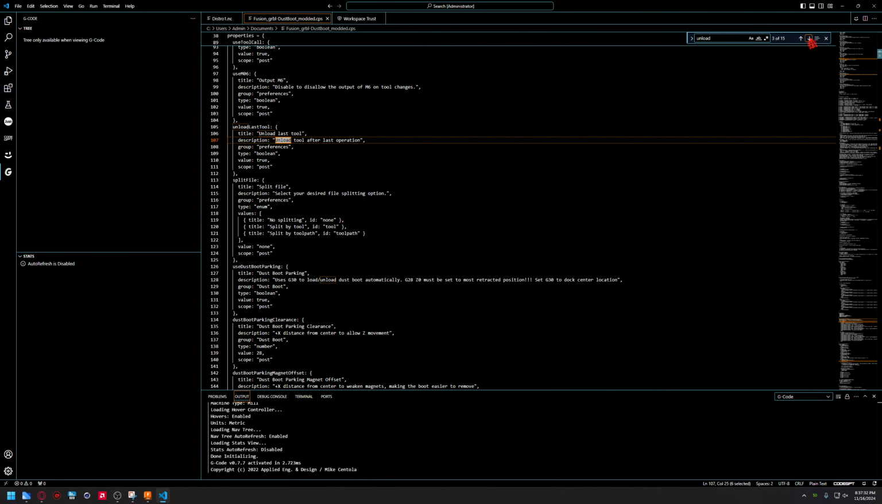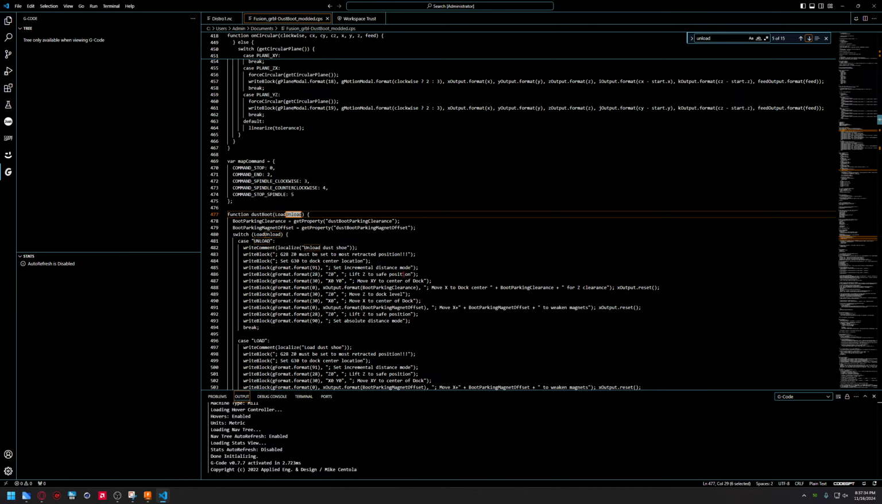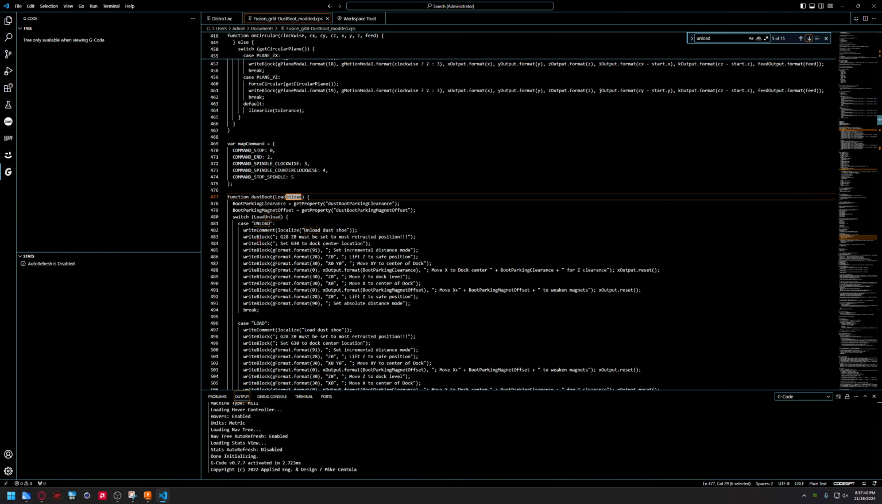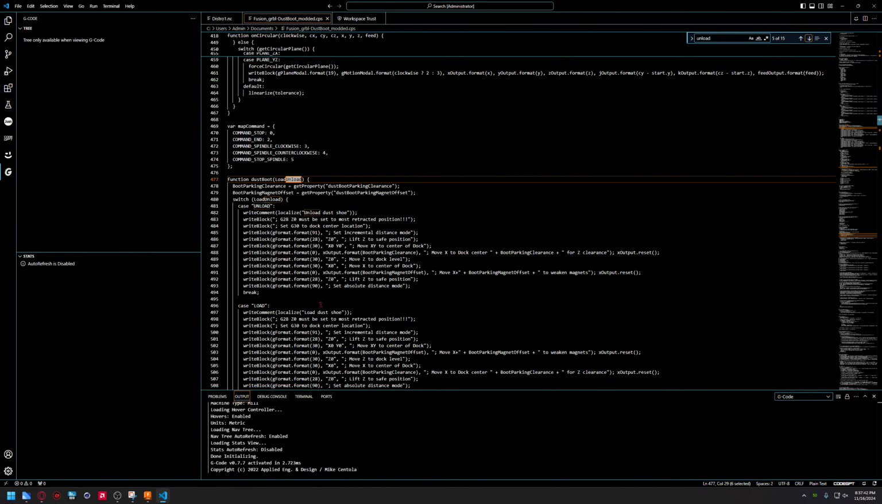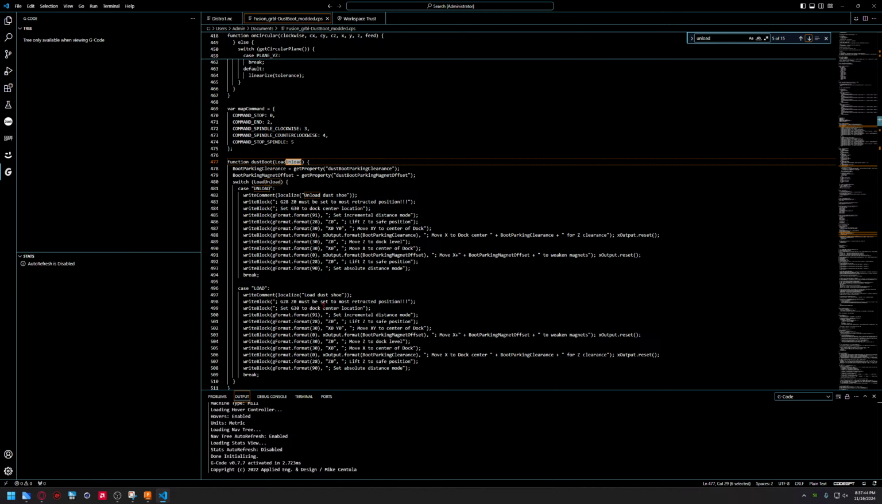It's got other sections in here for the unload, load. This is the main part of it, the function Dust Boot for load or unload. Basically, all these commands it writes. So if you use this post processor along with the batch post processor, which you select this in the